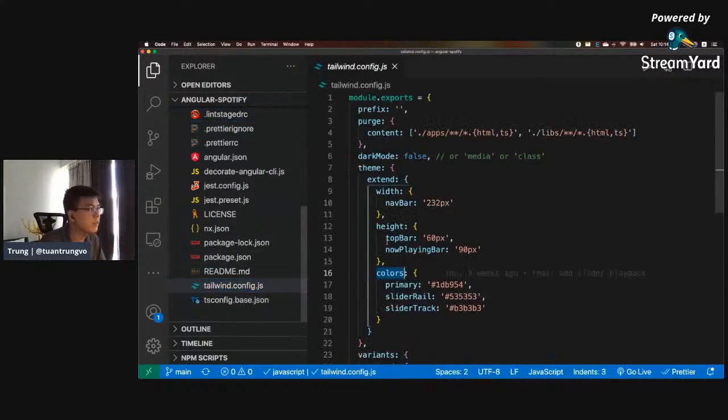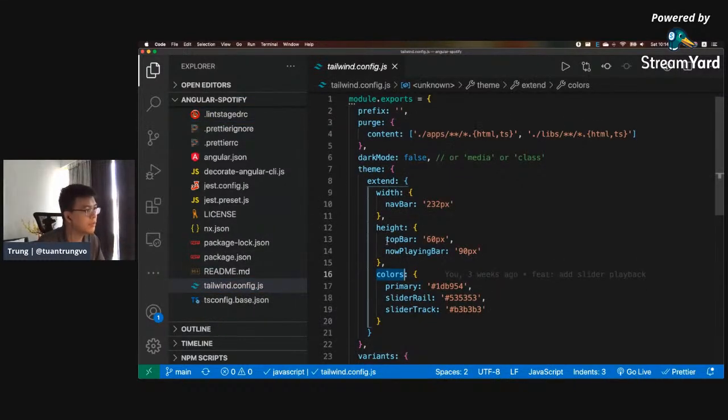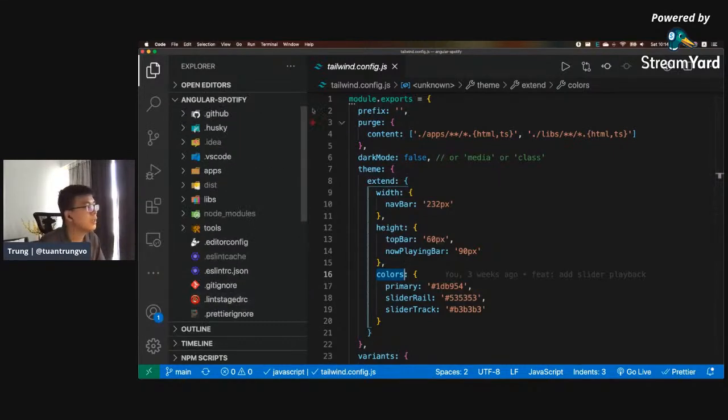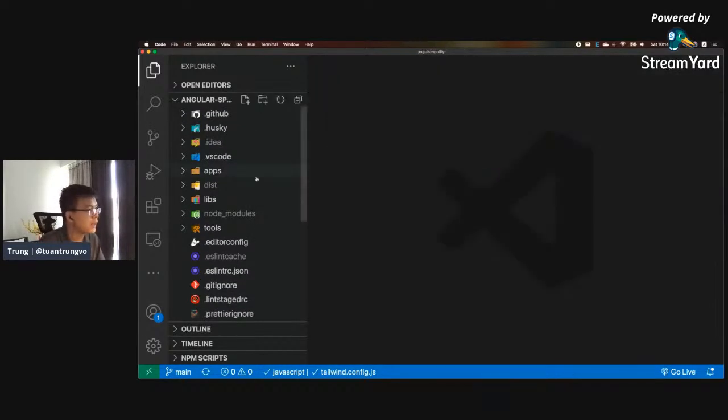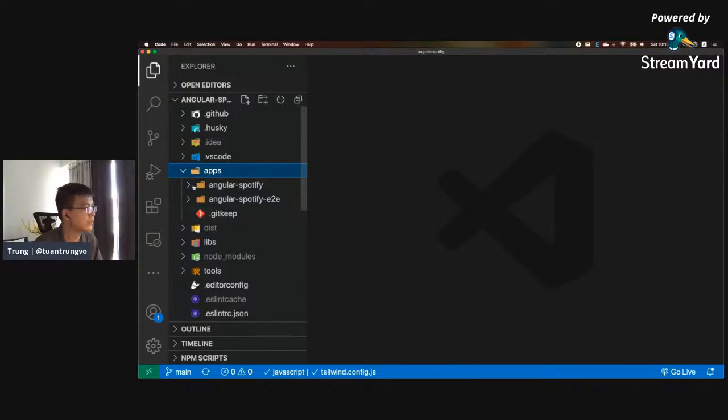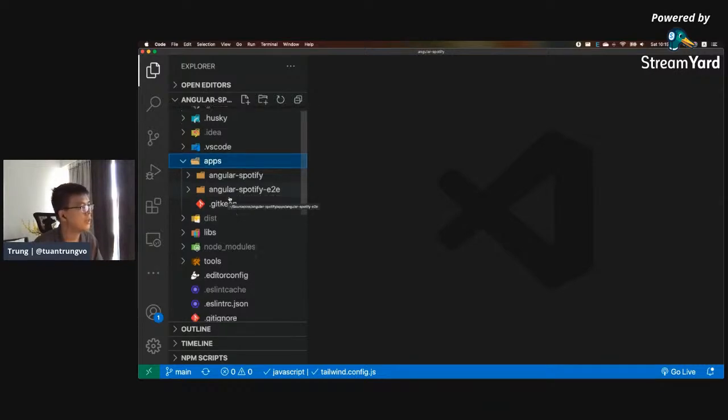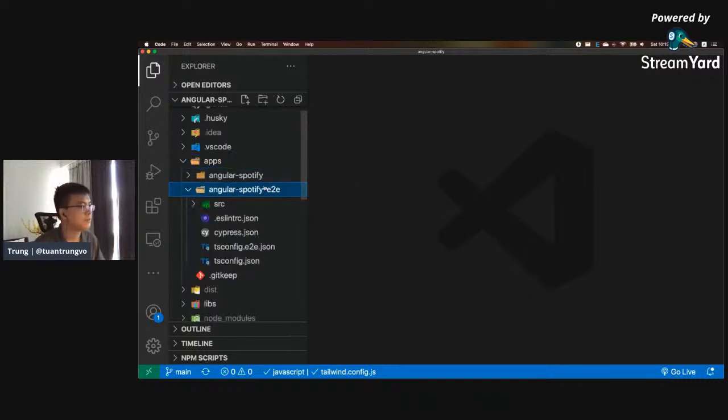We have the Tailwind config, which is handy for Tailwind. It's basically something you need for Tailwind, obviously. And yeah, that's pretty much it. After I used create-nx-workspace, it only created two applications. The first one is Angular Spotify, and the second one is Angular Spotify E2E,